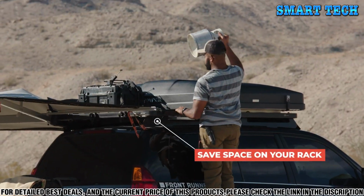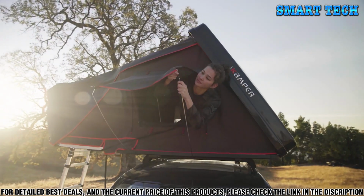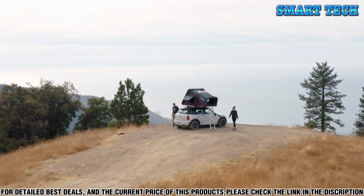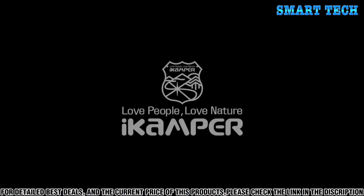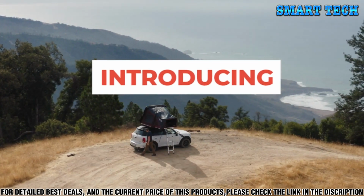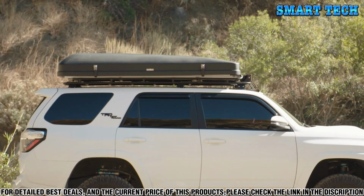You can either install it directly on the roof of your vehicle or mount it on a rack system. The Skycamp Mini also comes with a variety of accessories, including a ladder and an awning. The ladder allows you to get in and out of the tent safely, and the awning provides a cool shade during the hot summer days. The iKamper Skycamp Mini rooftop tent is the perfect way to